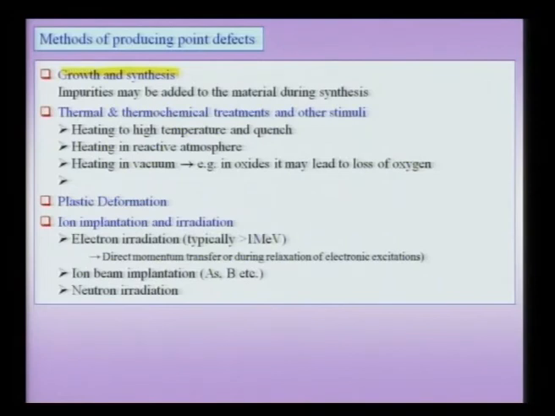We could have thermal and thermochemical treatments which give rise to these kinds of point defects. For instance, we could have a larger than equilibrium concentration of vacancies by taking the material to a high temperature and then quenching it. And as I pointed out, how do I know that there are more vacancies present than the equilibrium concentration? Now, the quenched sample would have a much higher diffusivity as compared to the,